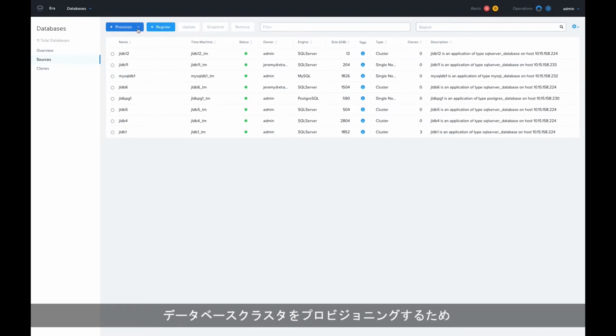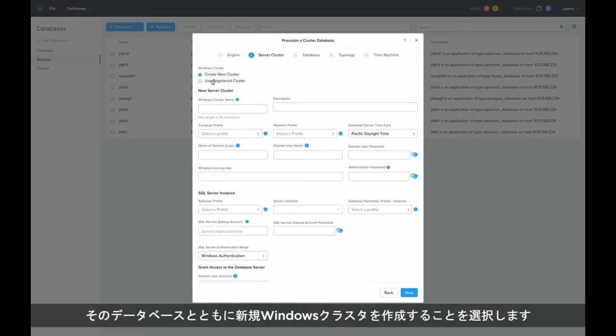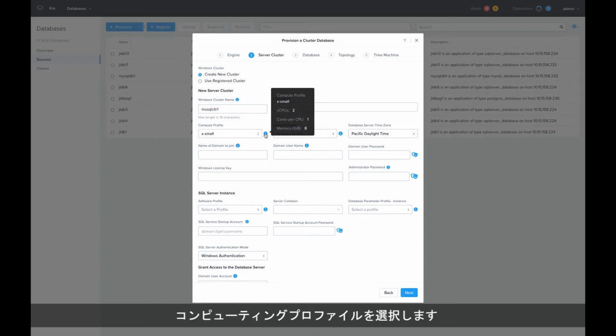So to provision a database cluster, I'm going to go ahead and click Provision and Cluster Database. I'm going to choose Microsoft SQL Server from the available list of engines, and I'm going to choose to create a brand new Windows cluster along with that database. So we'll give the cluster a name. Call this MS SQL CLTR1. I'm going to choose a compute profile, which will define the t-shirt size for each of the virtual machines